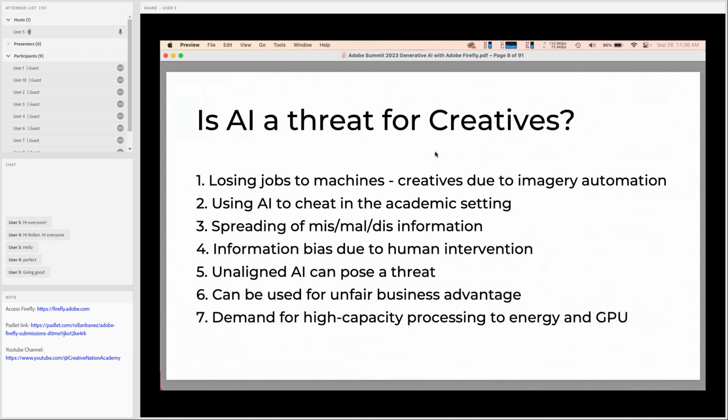Okay, so number one is AI a threat for creatives? Can anyone relate to these types of items? Kindly type in the number that is very relatable to you. Would you relate that AI can have us lose jobs to machines?